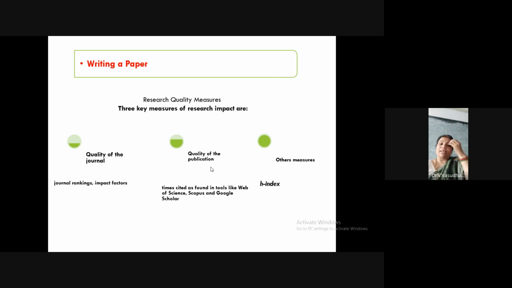In this situation, how do you evaluate the best one? The best ones are to be evaluated based upon the weightage, like ABDC journals, Web of Science journals, Scopus journals,